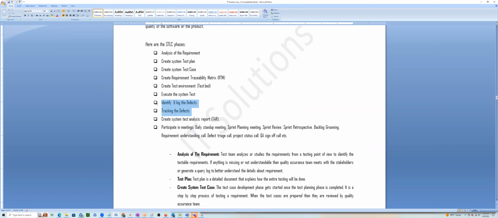So now we know about tracking and everything. Let's talk about analysis of report, test analysis report, also known as STAR. This concept has disappeared from the industry. When I say concept, I'm talking about the exact report. Now with Agile, everything has changed. So test analysis report, also known as STAR, was very, very popular in the industry 10, 15 years back. Now it is disappearing, but we